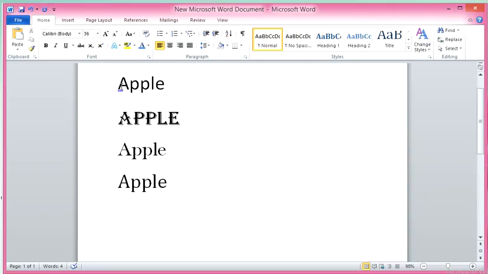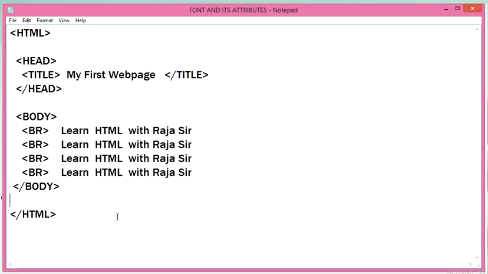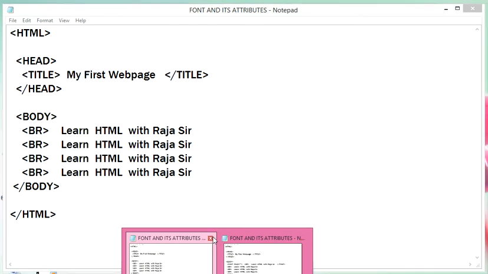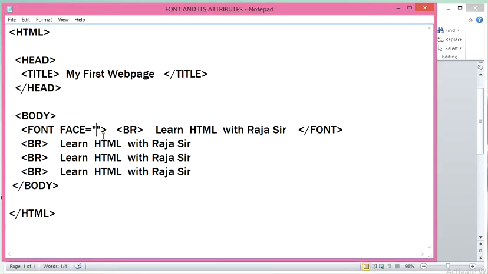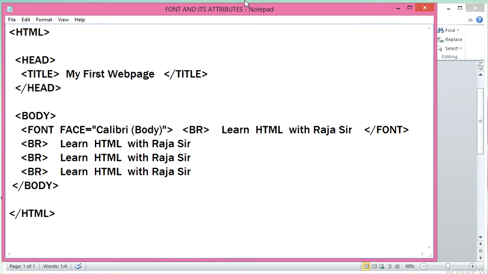Suppose you want to write the first line in this pattern, copy this font, click on this and use Ctrl C or right click here and use the copy option and just paste it under your code. So here you have to paste it, yes.